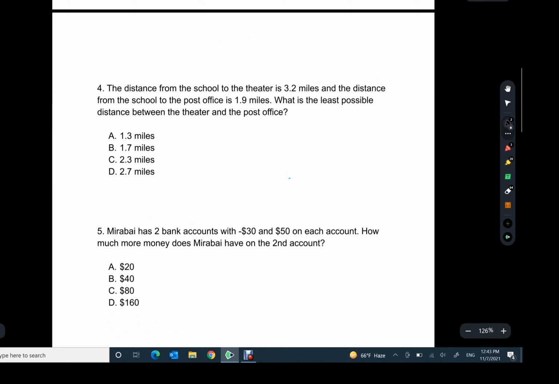Now on to the next question, number 4. Number 4 says, the distance from the school to the theater is 3.2 miles, and the distance from the school to the post office is 1.9 miles. What is the least possible distance between the theater and the post office? So this question is asking the distance between the theater and the post office. What is the least possible distance? So in this equation, the least narrows down everything to just 3.2 minus 1.9, because the other options don't match,